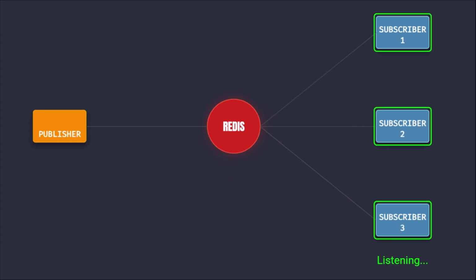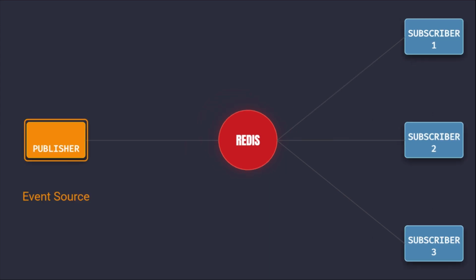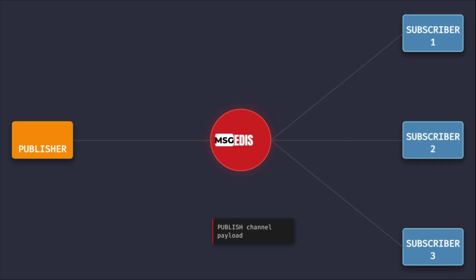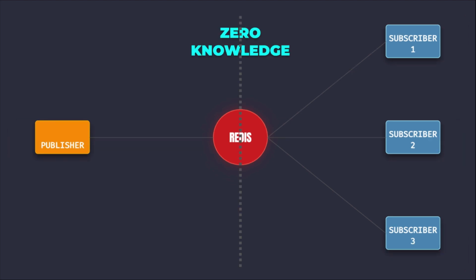Each application server hosting WebSocket connections acts as a subscriber to specific Redis channels. When an event occurs, the originating service, which might be a separate microservice or the same application server, acts as the publisher. The publisher executes the publish command, specifying the target channel and the payload. Redis then immediately broadcasts this payload to every currently connected subscriber listening on that channel. This ensures that if 10 application servers are running, all 10 receive the message simultaneously. The key benefit is zero knowledge transfer between the publisher and the subscribers regarding the number or location of the